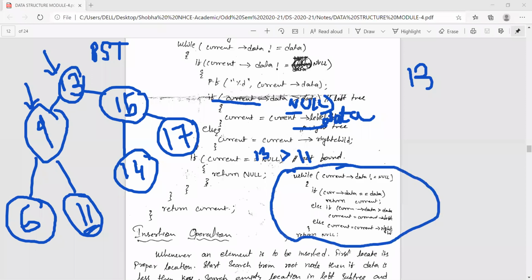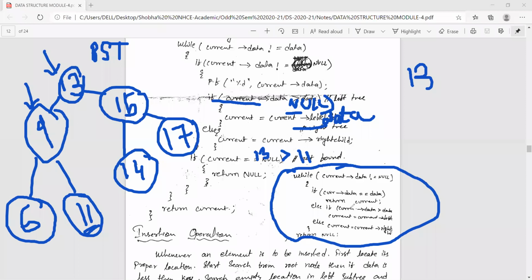For the search operation, this is the while loop that is being performed. So what we are doing, there are three chances. Either the element which we are searching may be the root element itself, or it will be in the left side, or it will be in the right side. So three if-else statements are given here. If current data is double equal to data, means if it is a root value 13, I am searching for 13 and the current root is also 13, at that time you will just return the value.